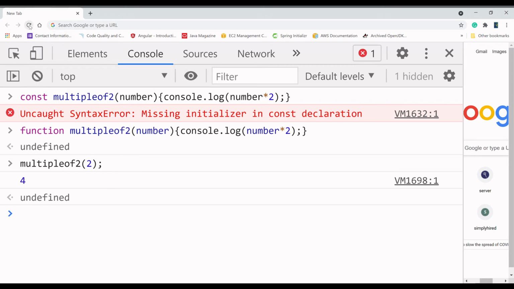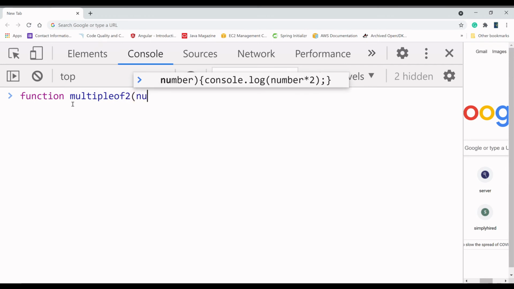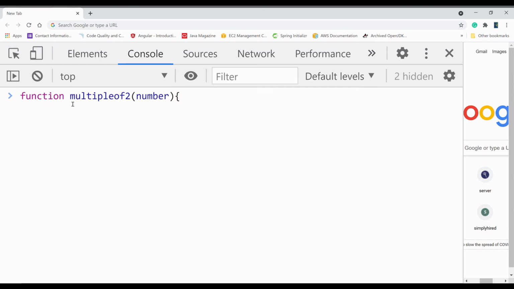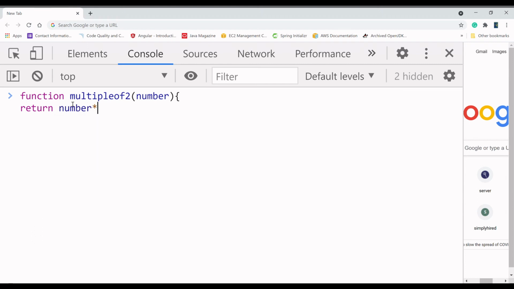Let me rewrite this function again in the parameter way. We have a function named multiple of 2, and we are going to pass a number, and it will return number into 2.